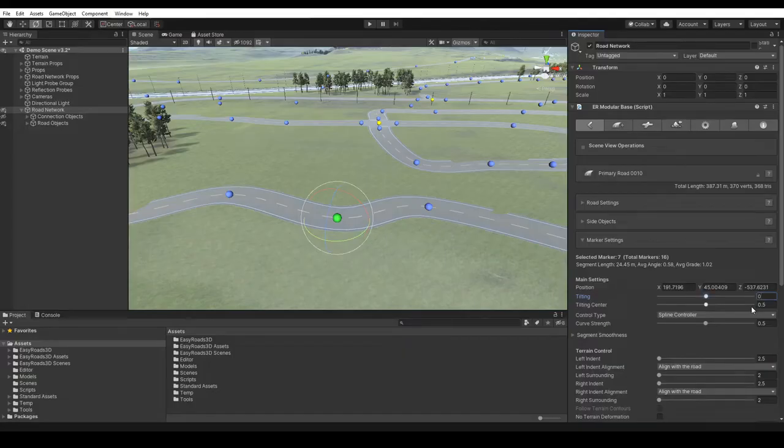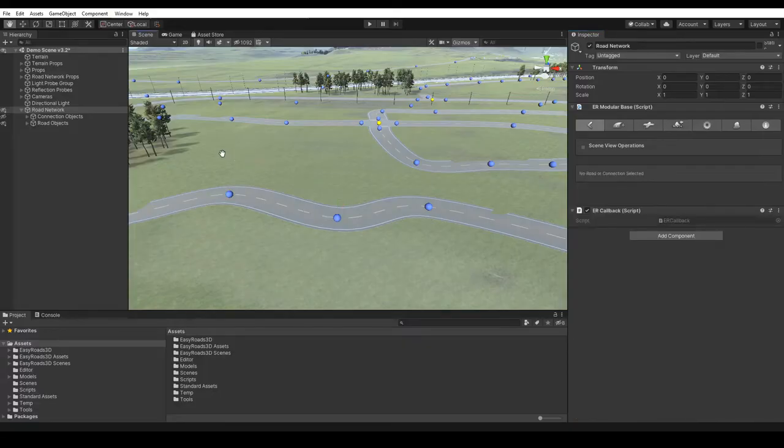The next option in the inspector is road shape related, the control type. By default, the spline controller is used, resulting in gently winding roads, but we do have other options here for straight and circular sections. These three control types give more control over the road shape and are, for example, useful for creating racetracks. Let's move to an area where we have a little bit more room to create a short